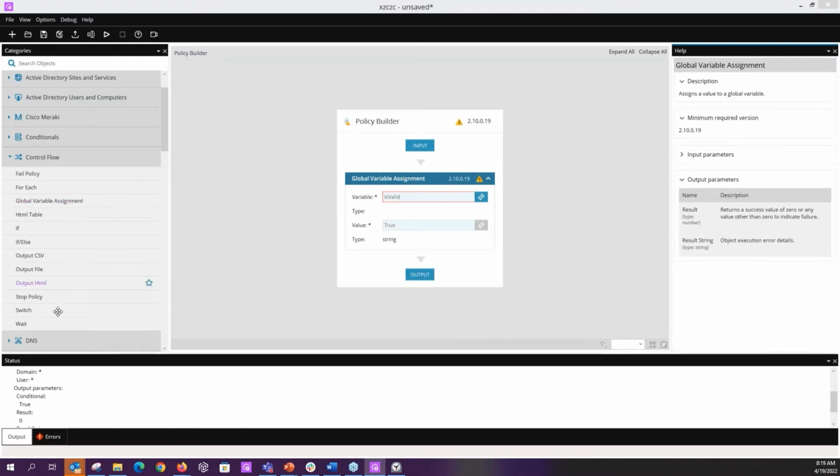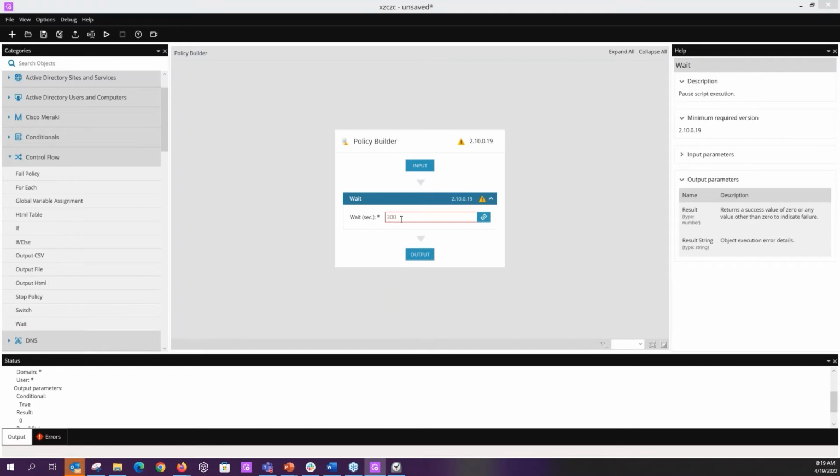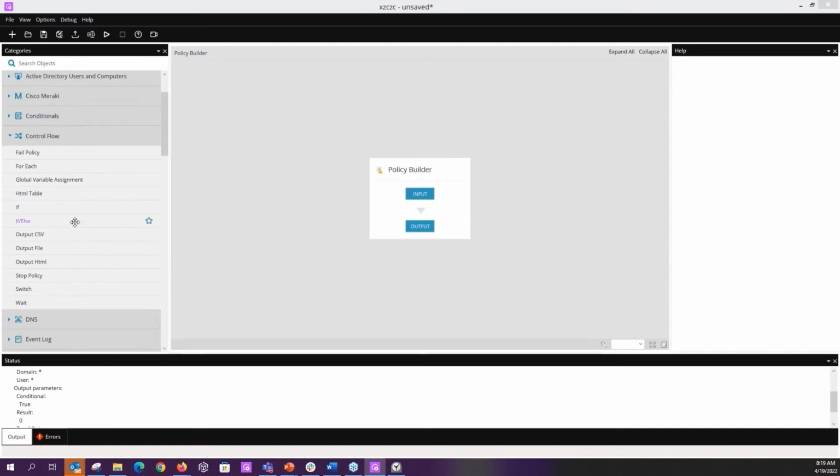Now, there is a lot of power to this: stop policy, switch, wait, right? If you're running an install task, there might be something that you need to do to wait until that task is completed and then run a command line parameter to update the license file or something like that. Okay, so again, always look to your testing. And when you do testing,